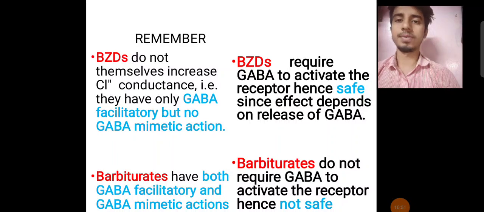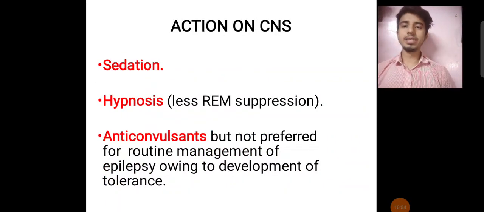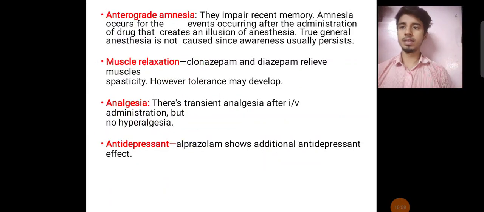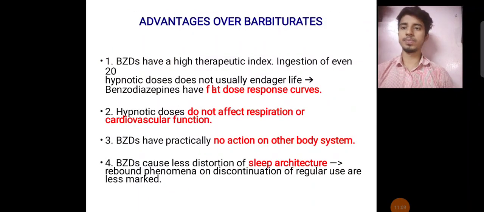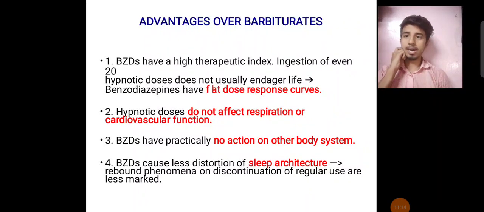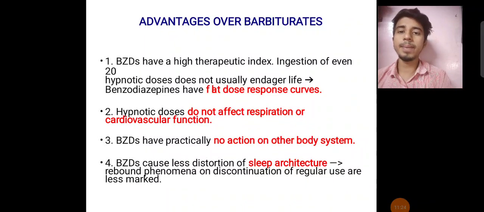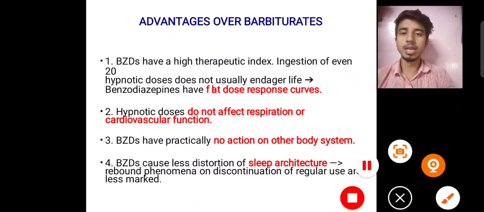Okay, action on the CNS. It causes sedation, hypnosis, and anticonvulsant action, as we see. Also anterograde amnesia, muscle relaxation, analgesia, antidepressant effects; lots of uses of benzodiazepines. Advantages over barbiturates, let's see. First of all, benzodiazepines have a high therapeutic index, and hypnotic doses do not usually endanger life. Benzodiazepines never lead a patient towards death, but barbiturates